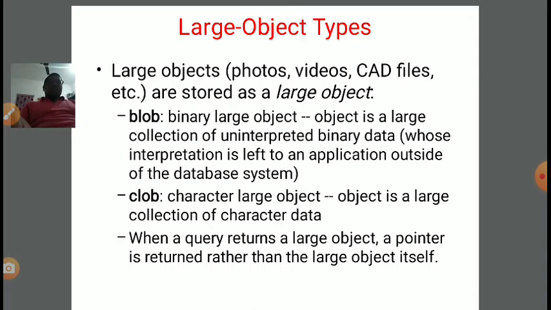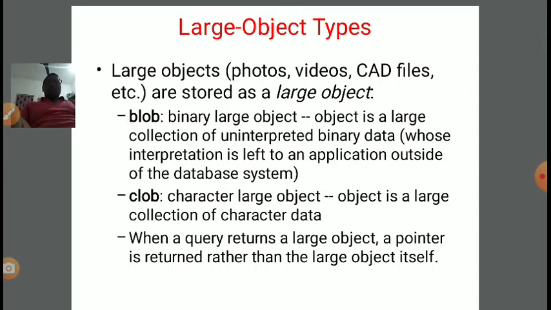These are objects with a large collection of uninterpreted binary data whose interpretation is left to an application outside of the database system. Okay, so blob is basically a binary large object, and it is an object which is a large collection of uninterpreted binary data whose interpretation is left to an application outside of the database system.